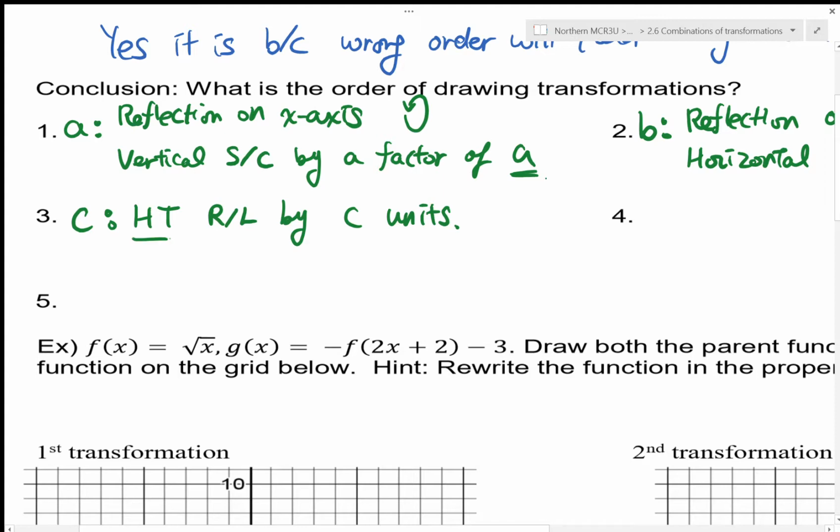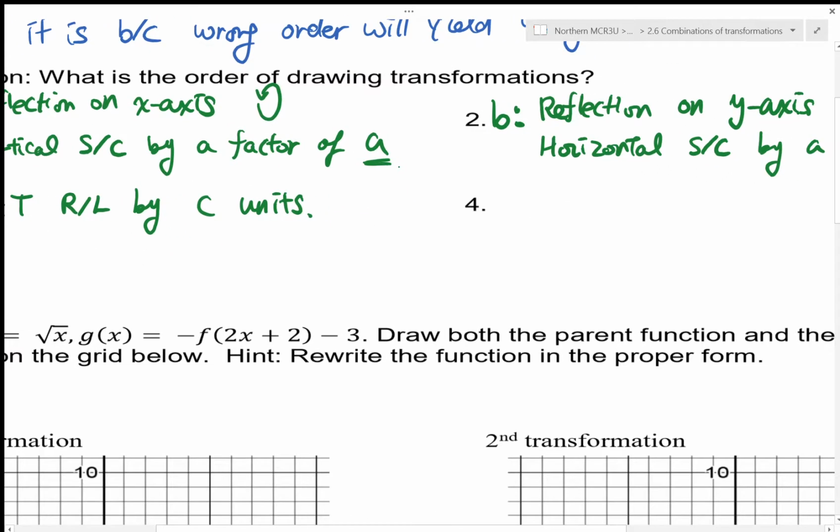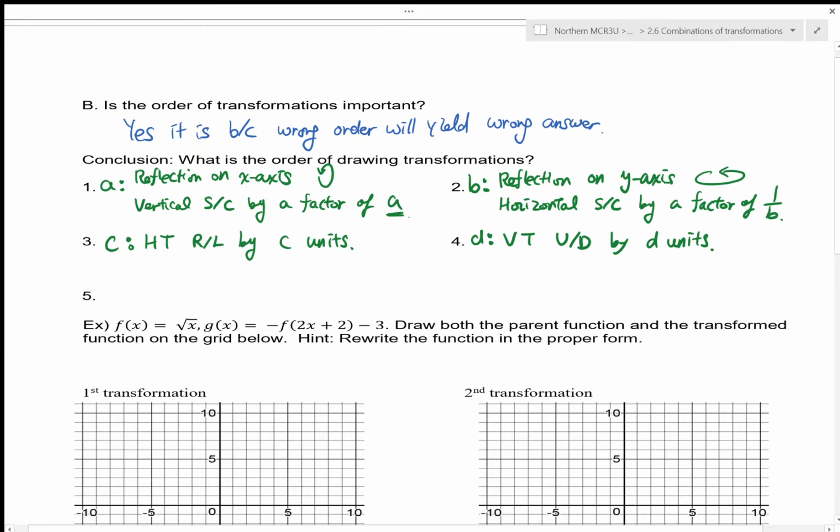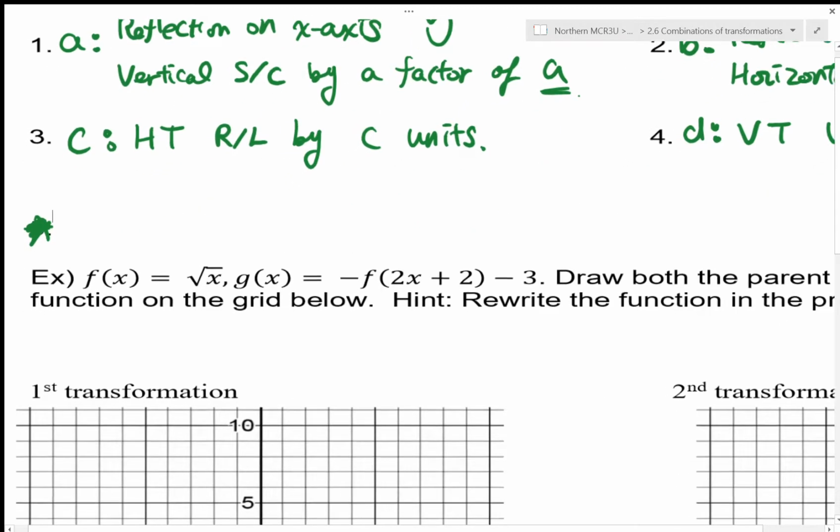Please do not put HT and RL on your test, okay? I'm just putting this so that the video can be shorter. And the D is then vertical translation up or down by D units. Okay, so be really careful. Be really careful. So I'm going to actually cross the 5, and I will put an extra